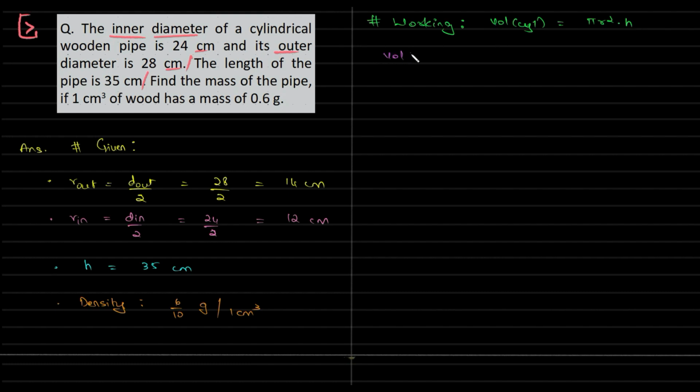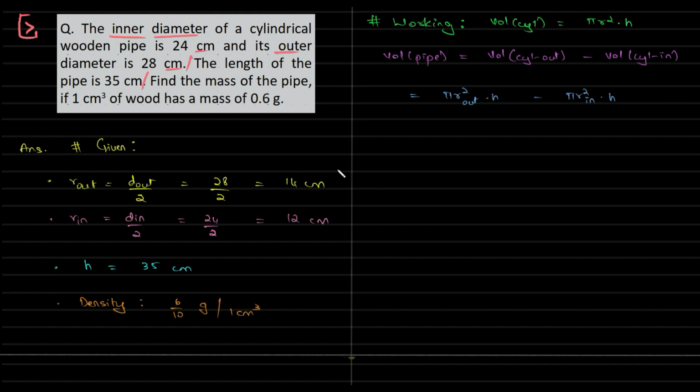And now we have volume of the pipe, which is equal to volume of the cylinder, that is outer, minus volume of the cylinder, that is inner. So volume of the outer cylinder is pi r square out into h minus pi r square in